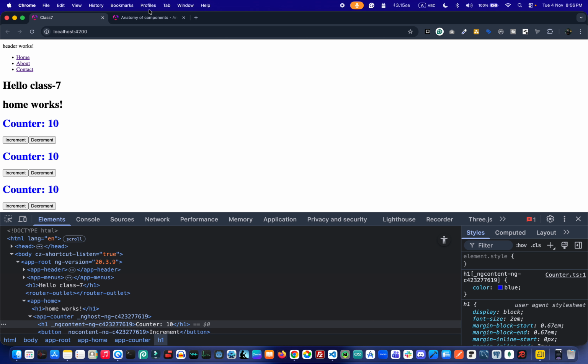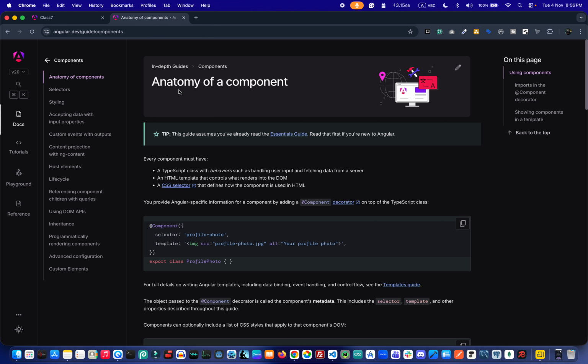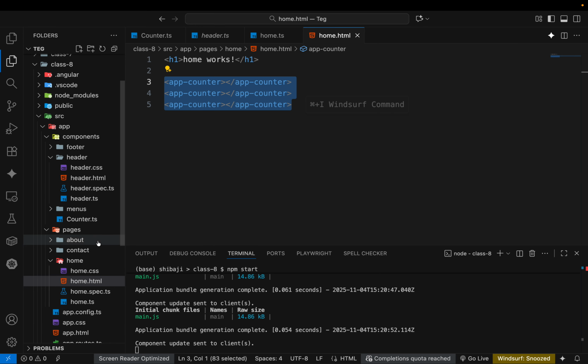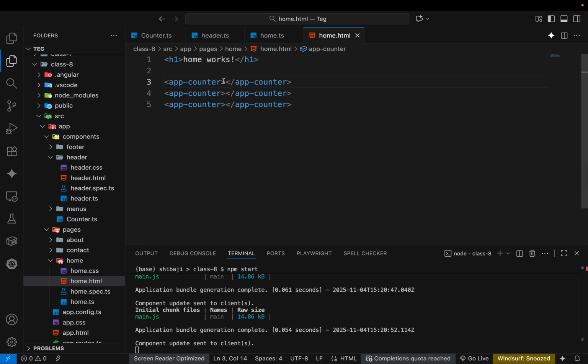Okay, so basically the first thing is to understand that it is a part of our UI, and the same UI I used here three times. But when I use it three times, it uses the same value, which is not preferable. But we can use it without an ending tag,